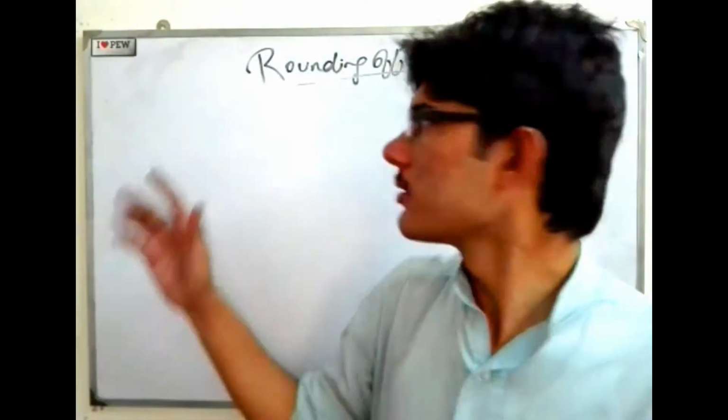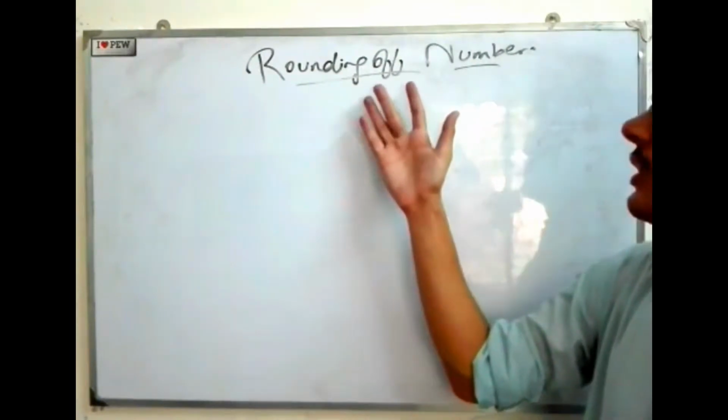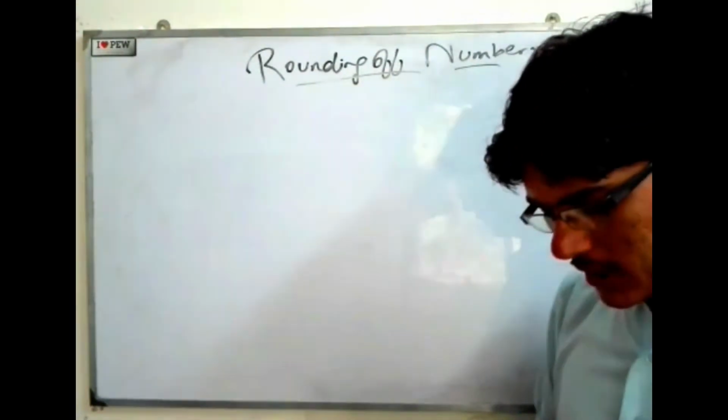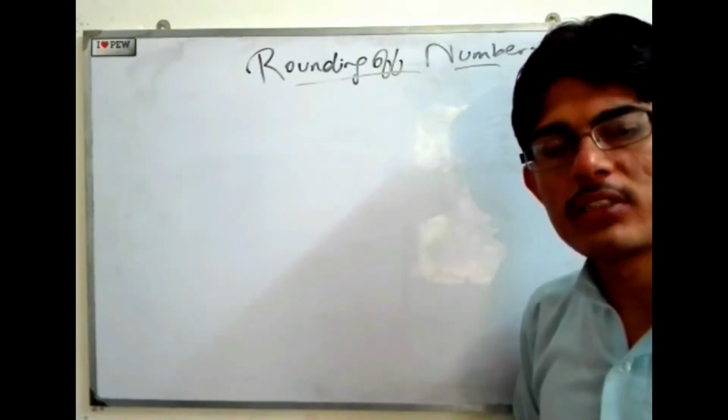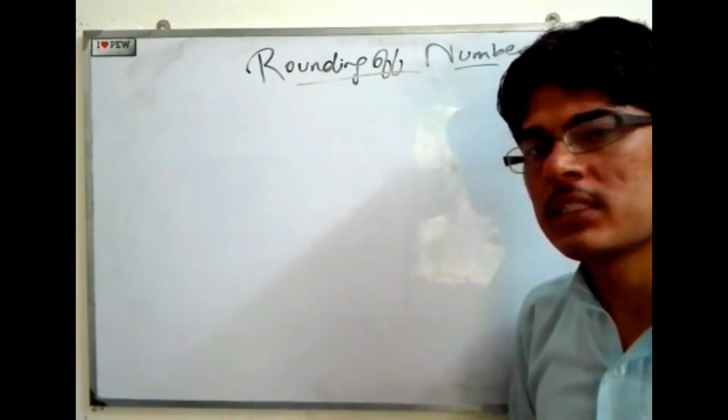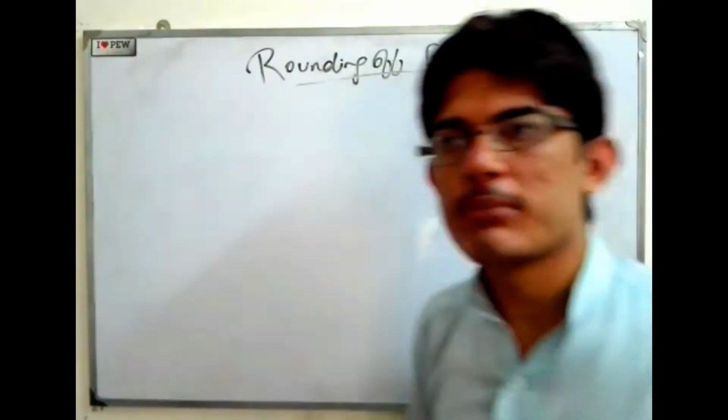Physics, the first chapter of all A-level physics. So, the rounding of numbers. Whenever you are performing an experiment or some numericals in physics, you also get a decimal,